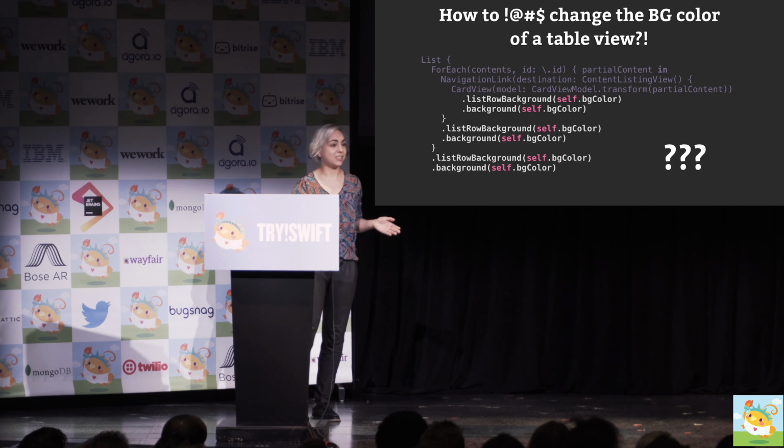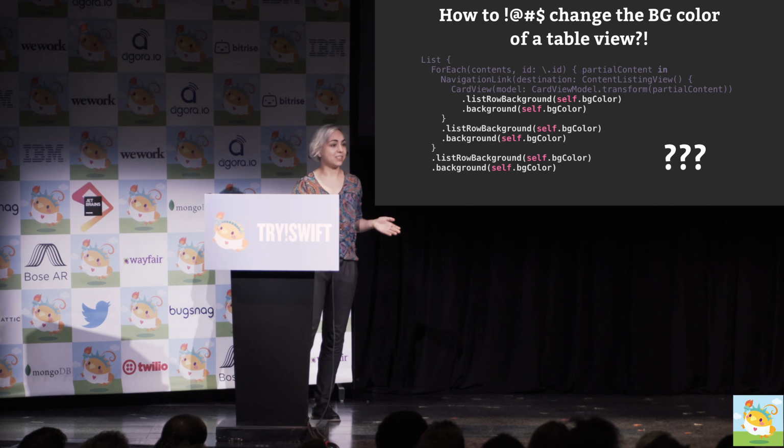In fact, in their WWDC data flow video, Apple does caution against using @State too liberally. So @State should be used very sparingly for data that is exclusively owned and managed by the view itself, like the highlight state of a button, or whether a modal is presented or not on top of another view. And unfortunately, this @State, @Binding approach especially falls apart when you're trying to create a table view that mutates state. Let me show you.